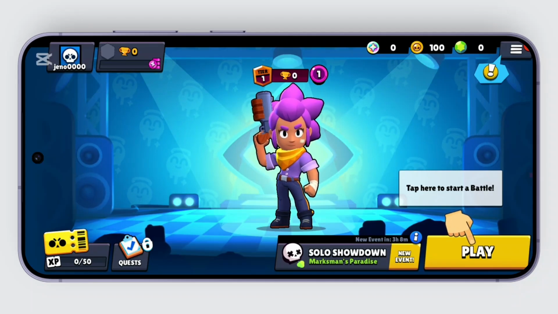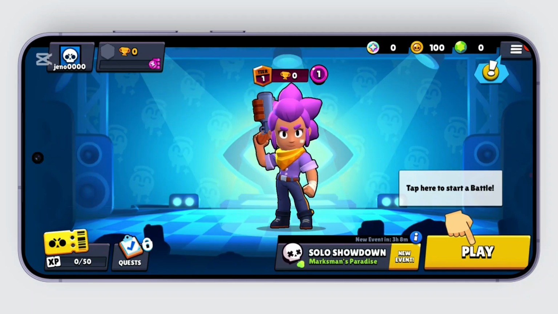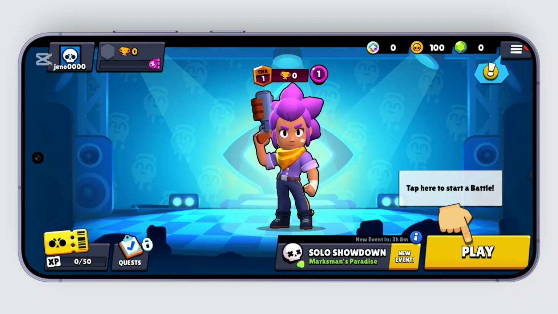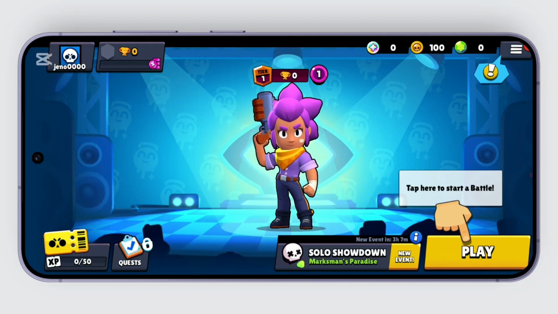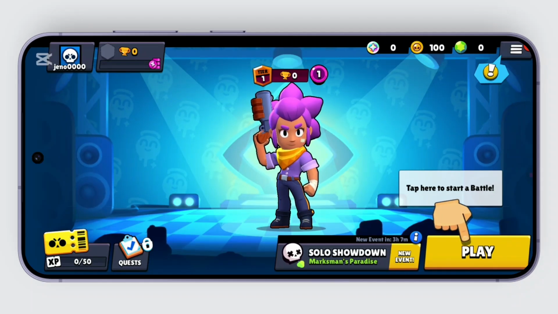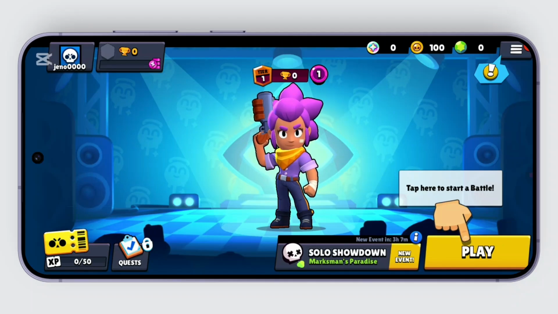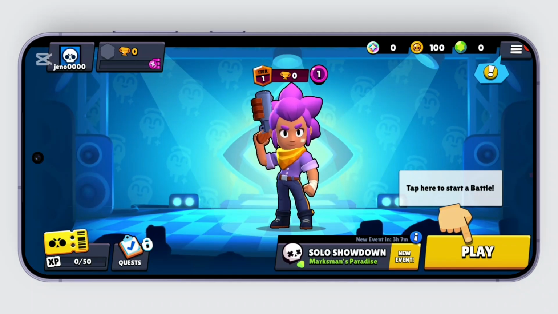In today's video we are going to learn how we can change A's in Brawl Stars app. So let's just get started with the video and find out how to do that. So if you want to change your A's in Brawl Stars app, you can head over to the application itself,